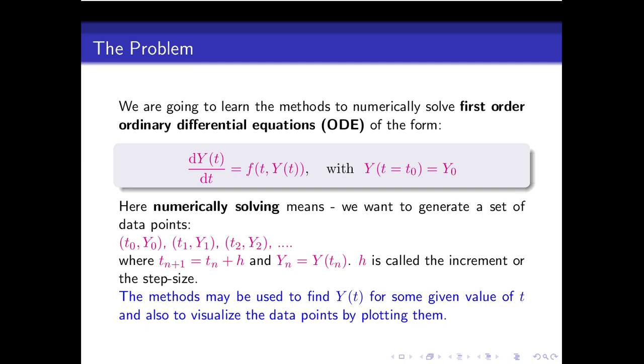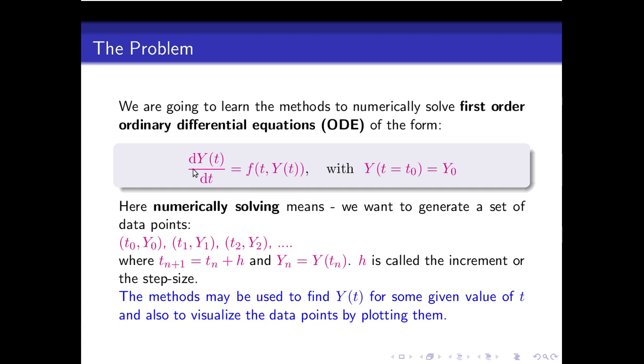So this is the statement of the problem. We are given first order ordinary differential equations of this form. The form is dy/dt, this y is a function of t, dy/dt is equal to some function f(t, y). This function involves both t and y. y is a function of t itself. So dy/dt is equal to f(t, y), and as is obvious,